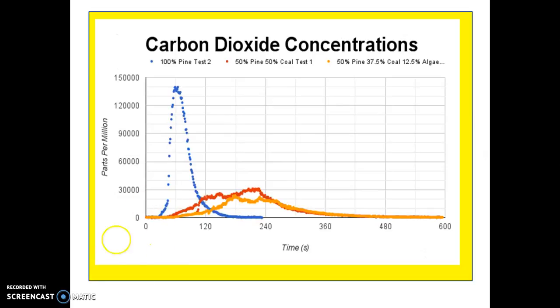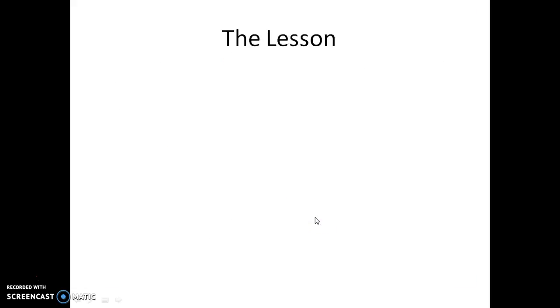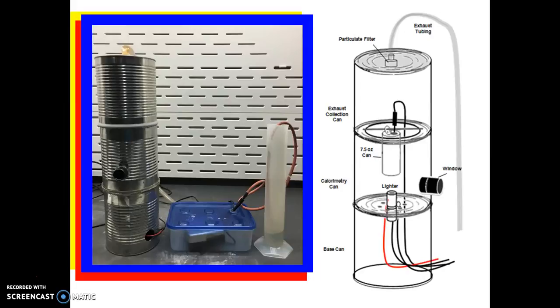This shows the different burn profiles on the same time scale. You can see the pine, the blue one here, burnt really fast. The red one was the pine coal, how its burn profile worked out, and then the pine coal algae mix there as well. So for our lesson, we wanted to look mainly at the carbon cycle and develop a burner